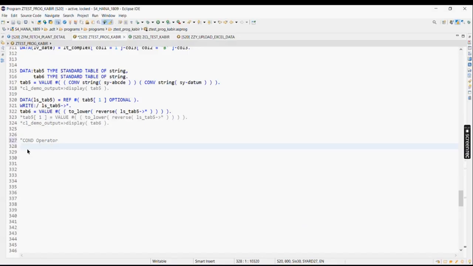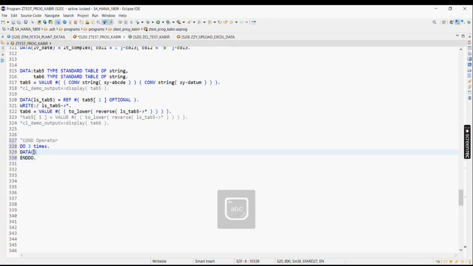So suppose I take a scenario as do 4 times and then undo. Okay. And now suppose I'll not do 4 times, suppose I'll make it 3 times. Okay. And data LV_value1. Okay. And now what I'll do, I'll use a conditional operator COND string, and now here when sy-index equals